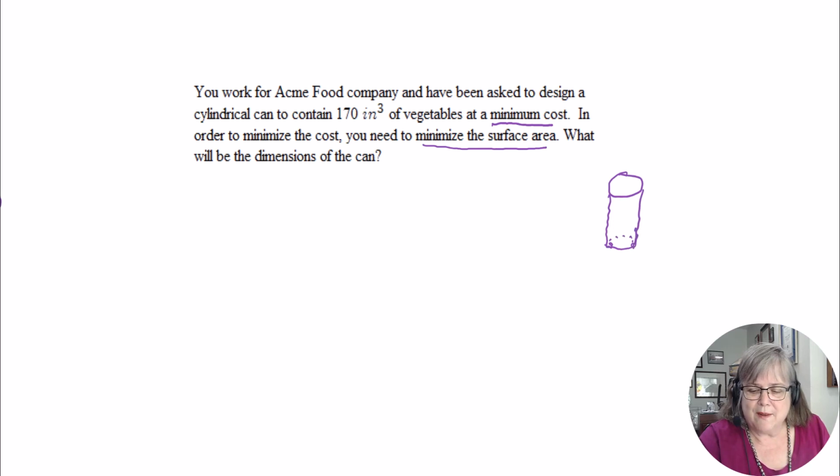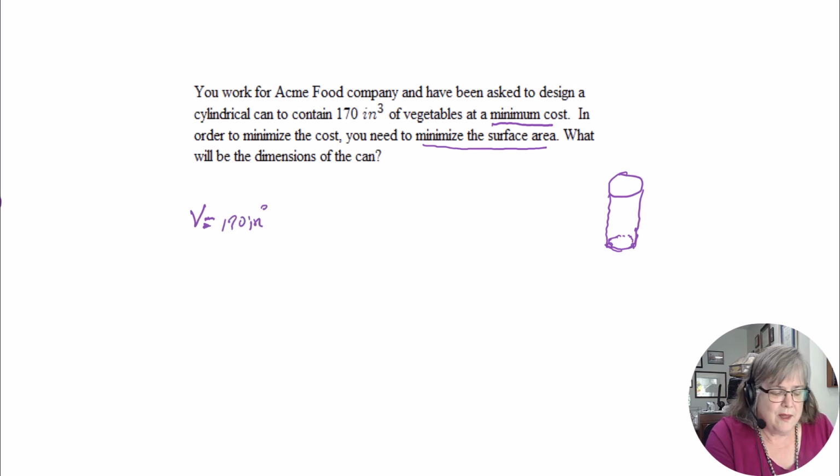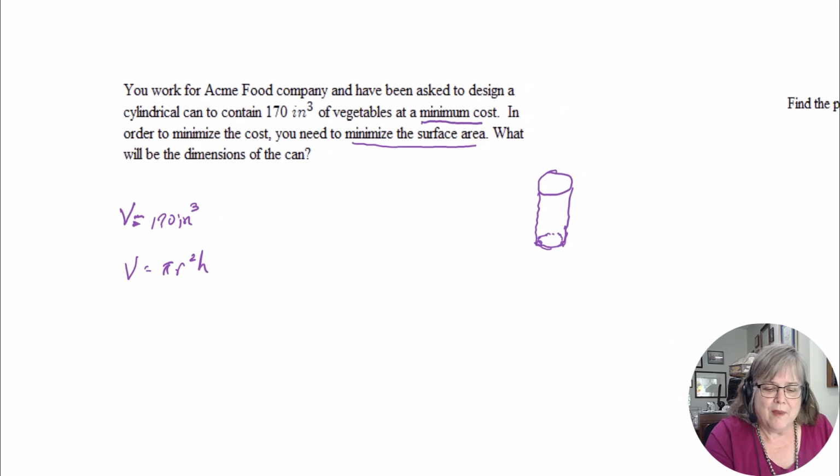Okay, that's a pretty bad can. All right, so there you go. Now, the controlling objective function here is you have a volume of 170 cubic inches, and the volume that it holds is independent of whether you actually have a bottom or a top on it. So it's pi r squared h. Okay? The surface area, and let's just call it A for surface area,